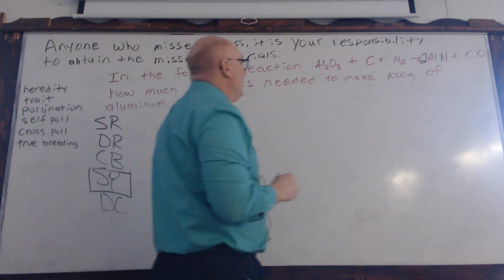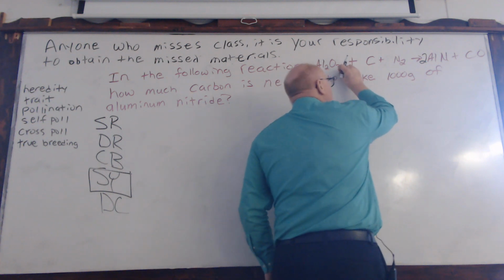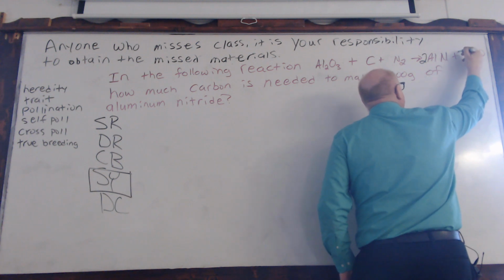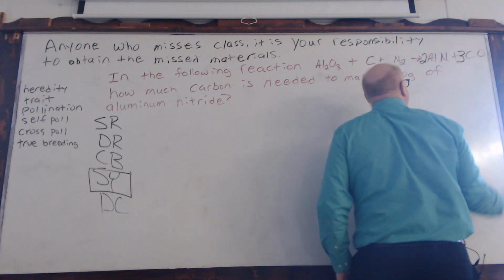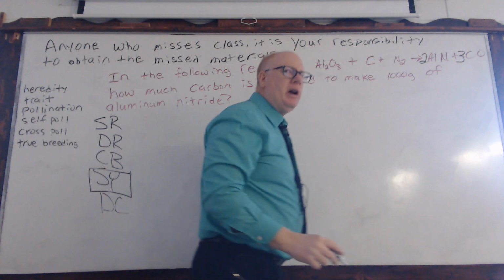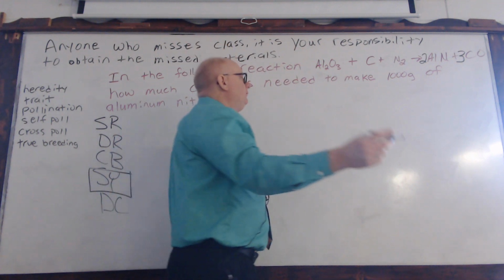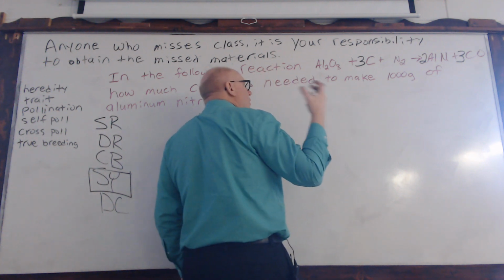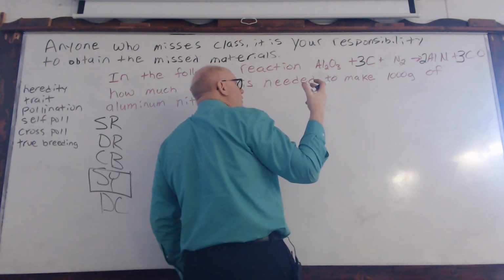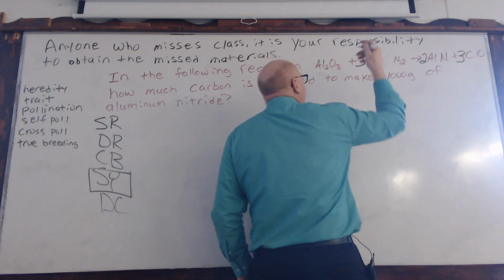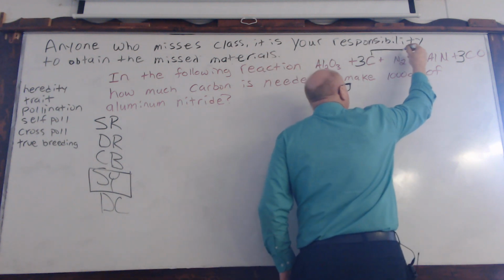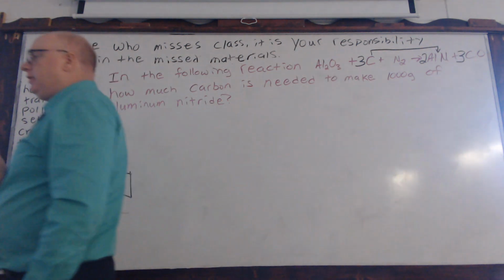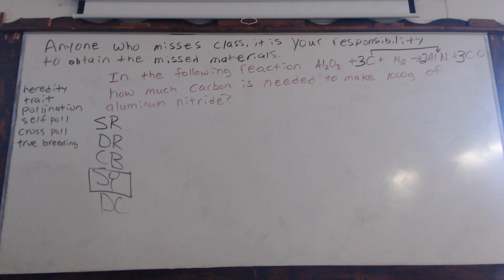Now, when we look at this, we've got 3 oxygens to only 1 over here. So put a 3 here, and then the $100 question, where do we end? Putting a 3 here. Now, what stoichiometry does is allows you to jump from one side of the reaction to the other, okay? Because everything that we've done up to this point was composition stoichiometry.